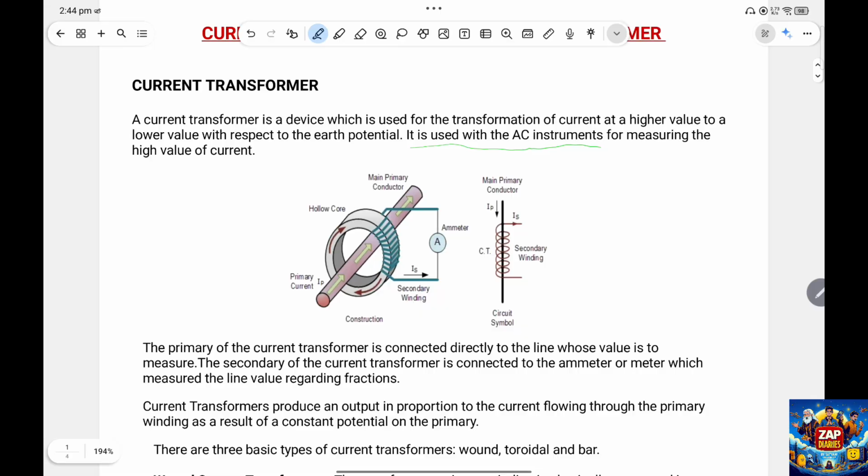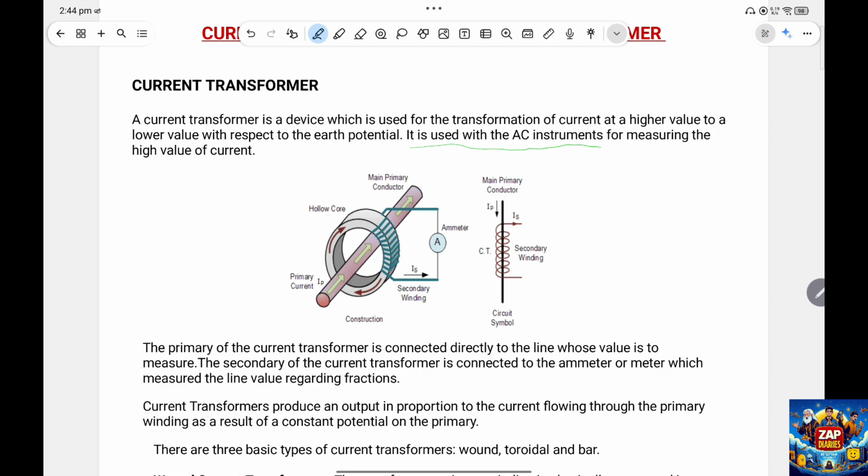Here I have the construction of a current transformer. As you can see, this is a single winding transformer. In the previous videos we have seen the transformer usually has two windings. Yes, it has two windings, but this is a special type of instrument transformer that has only one winding. In the primary and secondary, it has the same winding. So how it works is